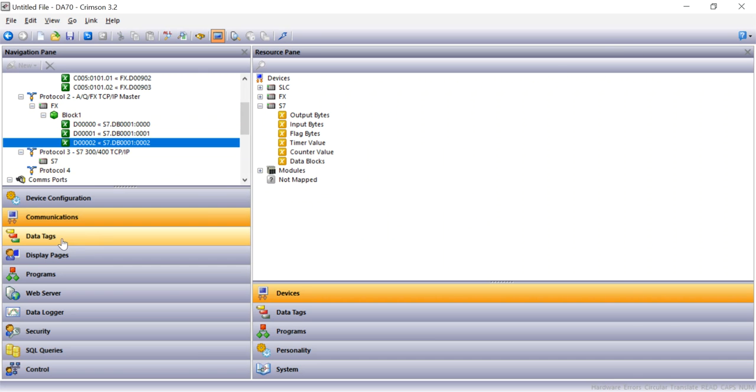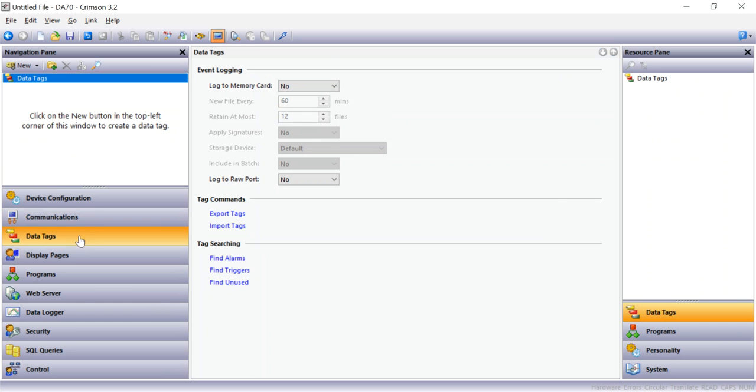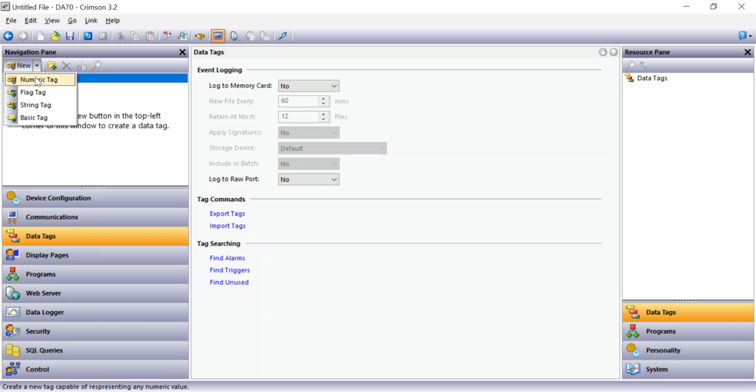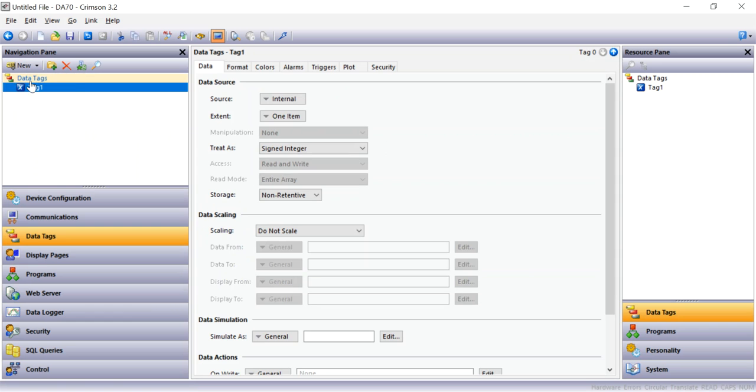More importantly than that, if we want to actually go in and pull out tags individually, we can do that too. In Red Lion we have 3 different ways of referring to these tags. So numeric is a regular register, normally contains a number. A flag will always be an individual bit, an on or an off, and a string tag is as it sounds, it just contains a string. The reason we use this naming structure, if you like, is because we deal with over 300 protocols and everybody calls things different things. So if I take a numeric out of here, this is tag 1, let's just call it reg_1,